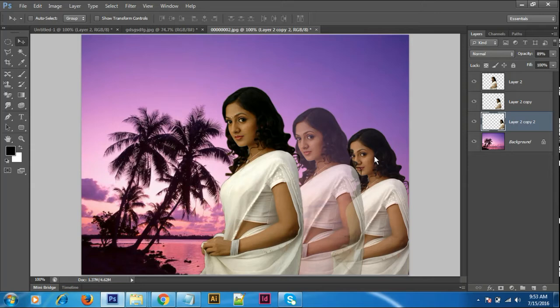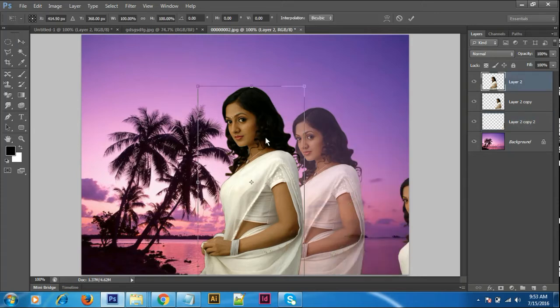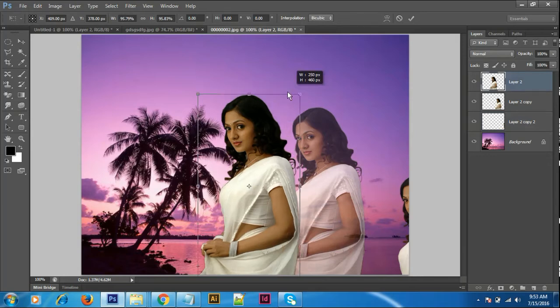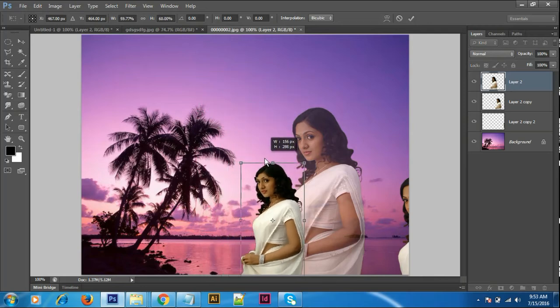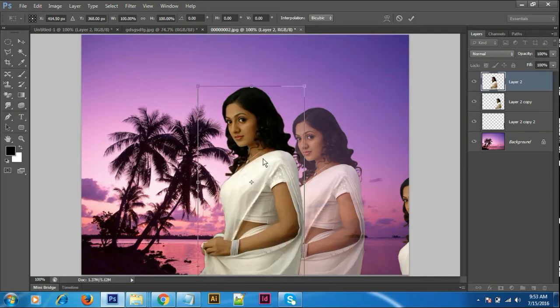Sir, I have a small doubt. Transform controls, Control T you said. To move the picture proportionately, Shift plus Alt. Just to move two sides is just Shift, right? Only one side is coming. You see, this is a layer. Control T. If you take this side, the right side, and move it, it goes like this. With only Shift, you're holding only one side. When you hold Shift plus Alt, it comes on all four sides.